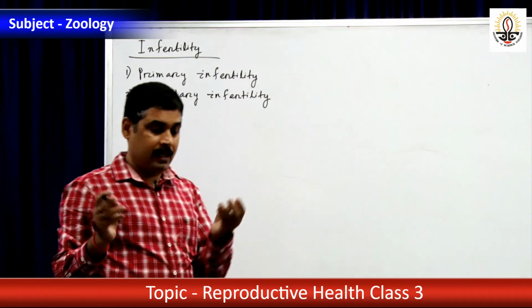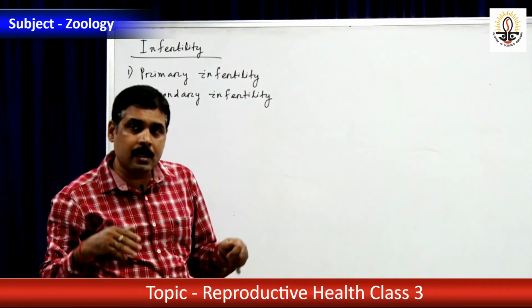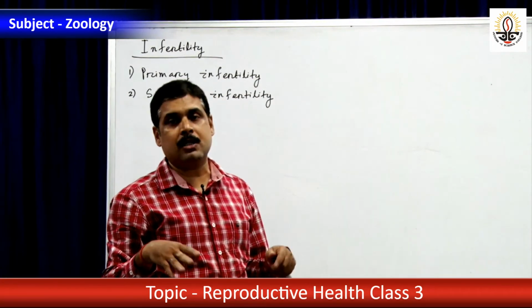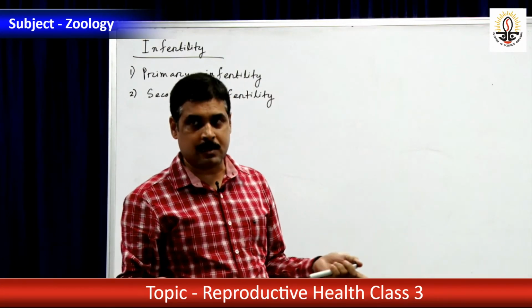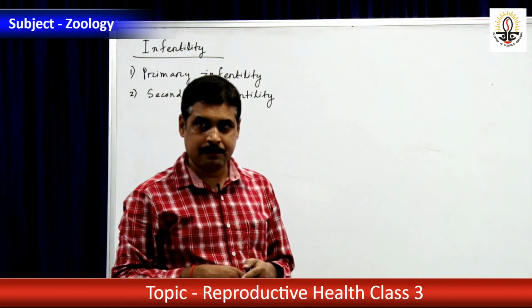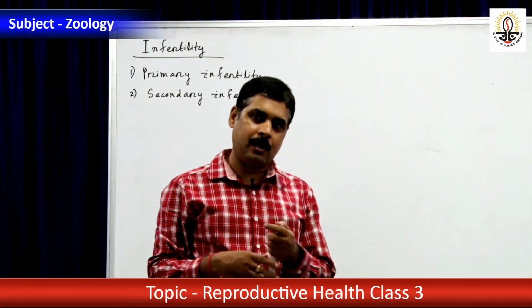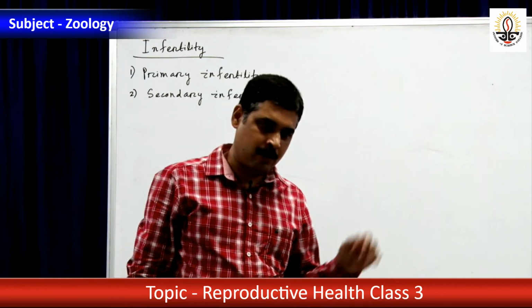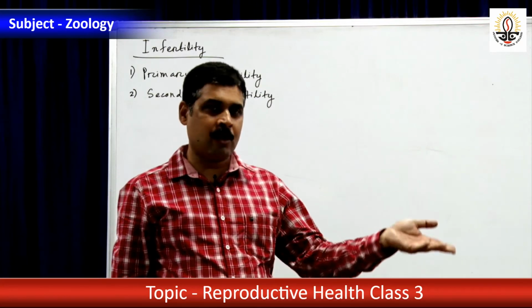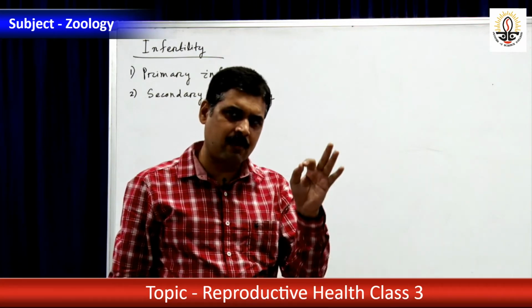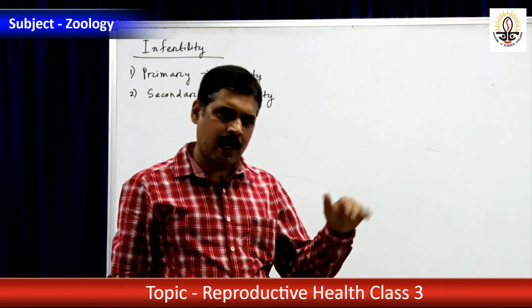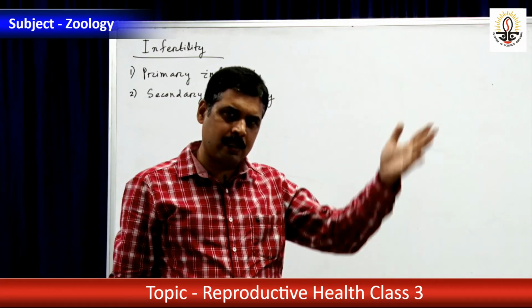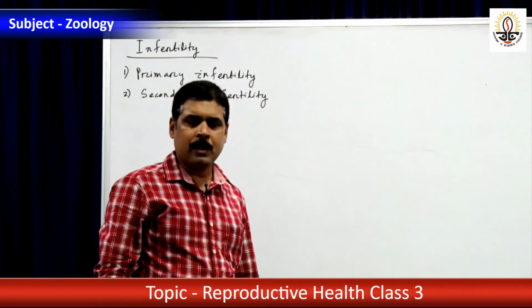Here 2 important things are there. Infertility is not associated with females only. Infertility is very much associated with the males, but normally females are blamed. Whenever there is no child bearing, normally the female is sent to the home. Why is the female not producing a child? But there are sufficient reasons why the male becomes infertile. So I can say that male has more reasons than the female to become infertile.